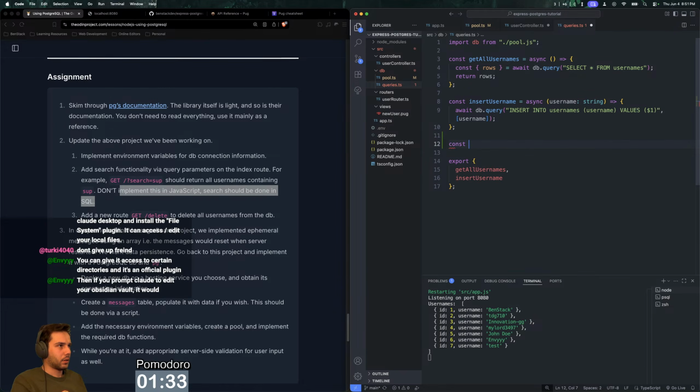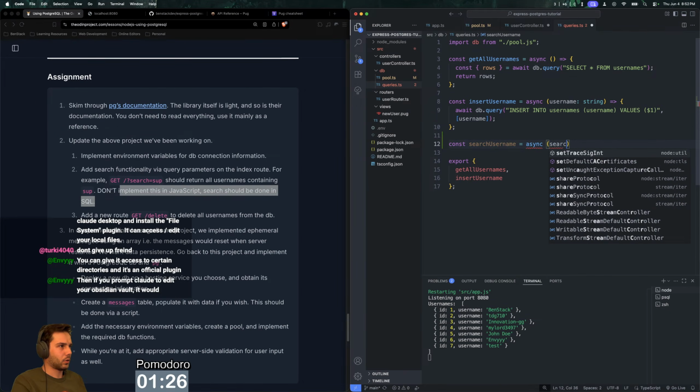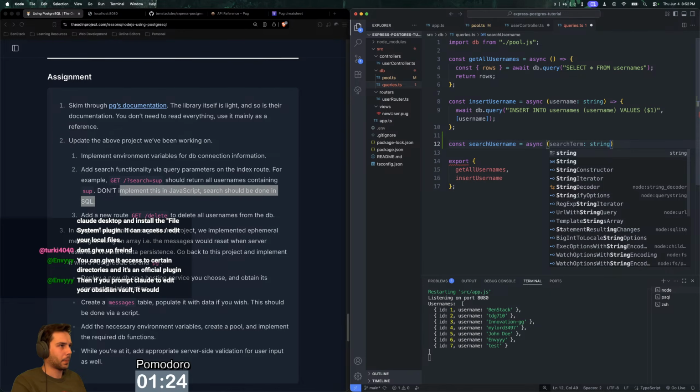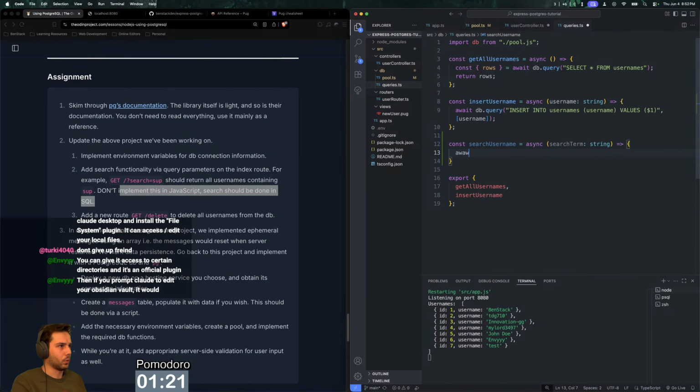Const searchUsername async, searchTerm, and then we'll do await db.query, and then we'll do our query here. And we actually need to get the rows. And then we'll do select from usernames